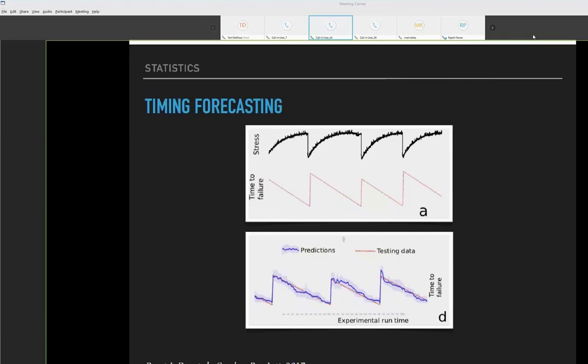So you're looking at 1, 2, 3, almost 4, 3.5 slip events. And you can see that the clock on the bottom, the red dashed line, counts down to 0, which you're not seeing on the axis, but it counts down and then it resets and starts again. So it's simply showing you the time to failure, which is on the y-axis, as a function of experimental runtime on the x-axis.